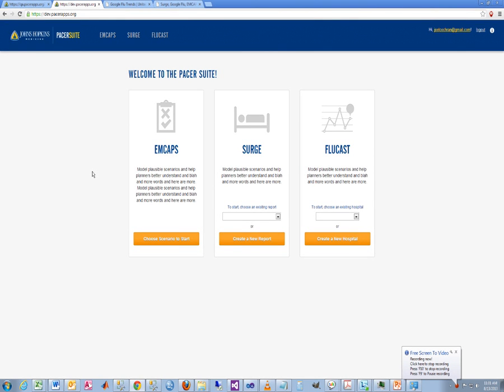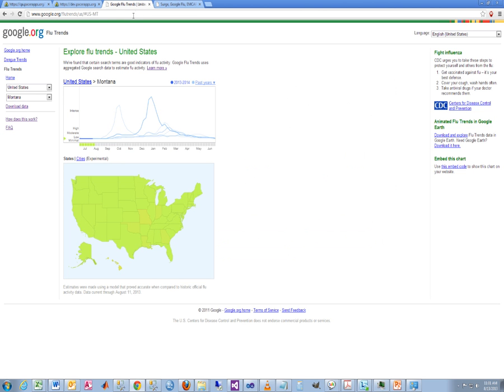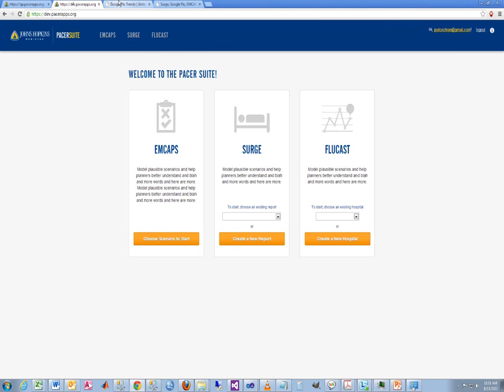The FluCast application enables hospital administrators and planners to forecast the current week's flu cases. This is accomplished by combining the history of flu cases in that hospital with the Google Flu trend from the region that the hospital is located. The FluCast application